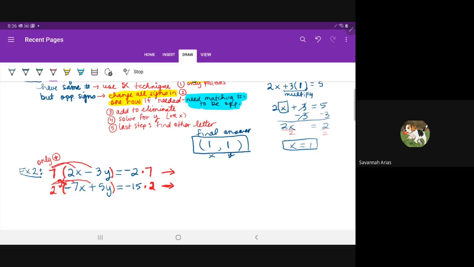Okay, so I'm back to blue. It doesn't matter, but I'm just back to blue for my color. So 7 times 2x,